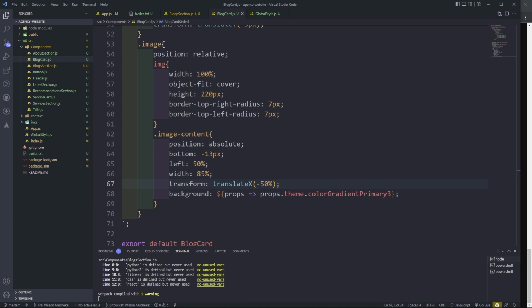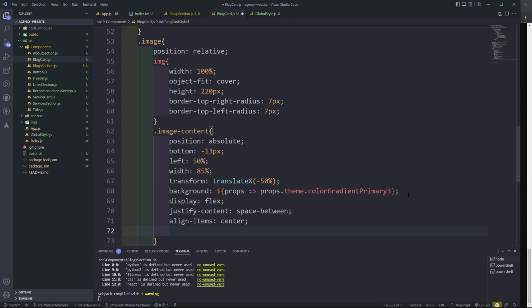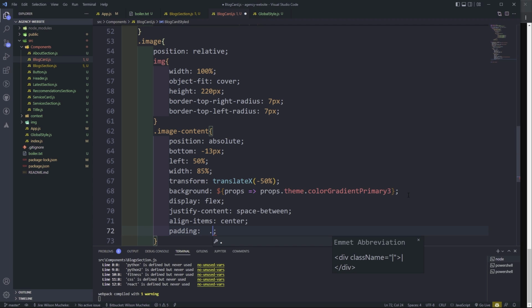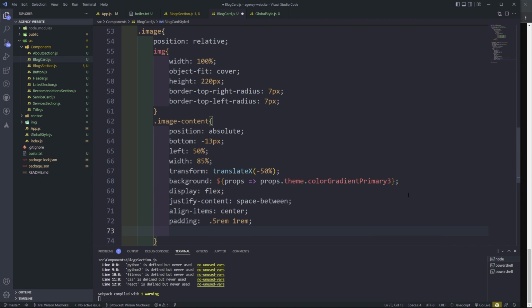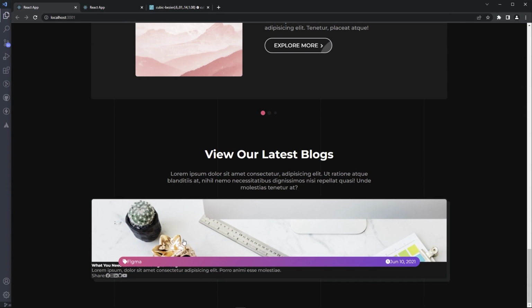Let's keep going. Let's do the flex and justify content, space between. Okay, and then align items to center, and then we're going to give it a padding. It's going to be 0.5 rem, and then we're going to do 1 rem top and left and right. We're also going to do border radius of 30 pixels for the thingy. So as you can see, it's now nicely